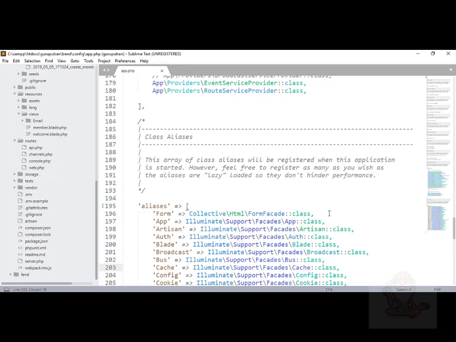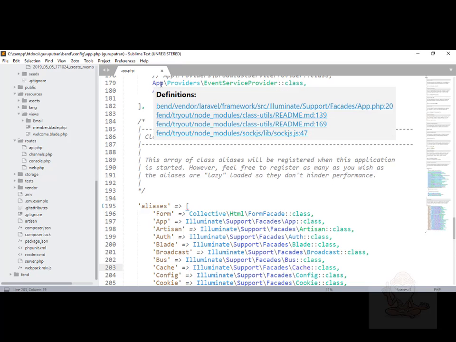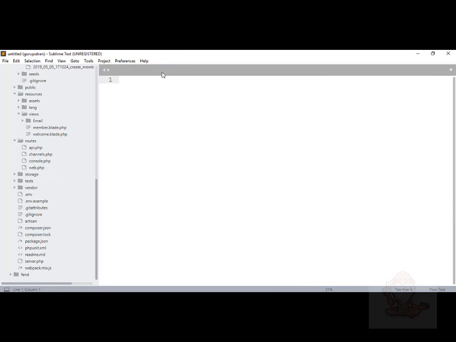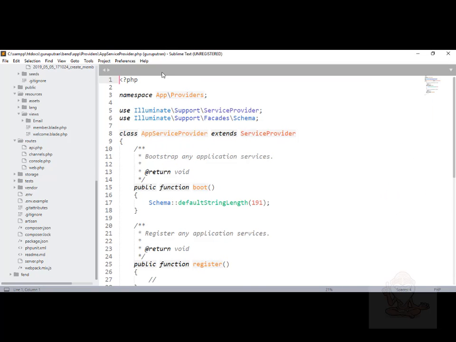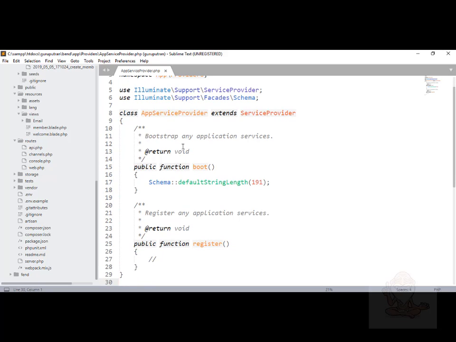Once that is done, we pass over to the next step, which is to go to AppServiceProvider. Control P, AppServiceProvider. So let's look at it. In the boot function you include Schema::defaultStringLength(191).